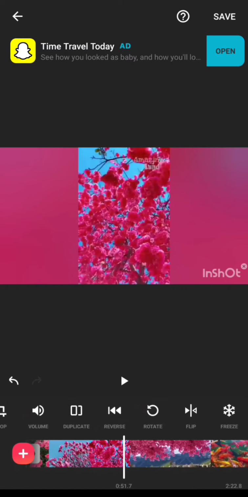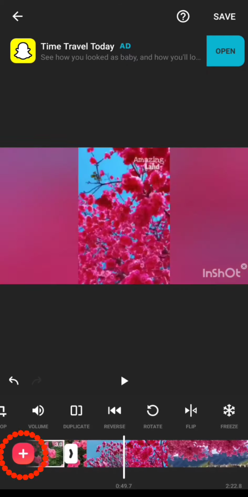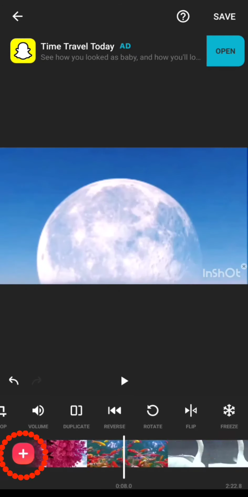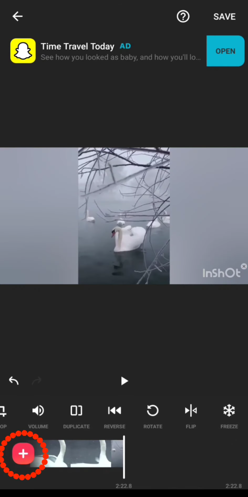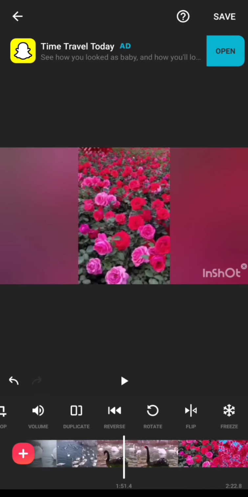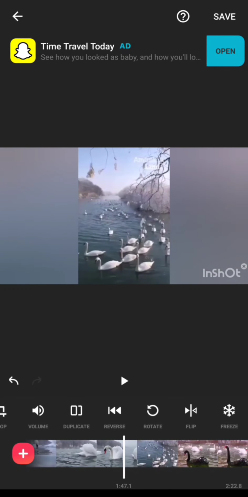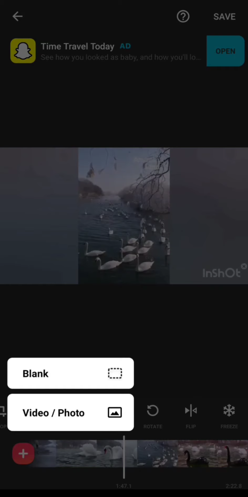One more major step I want to tell you is about the plus option. The plus option is provided after this video. If I want to add one more video, or between this one I want to include one more video, then I can provide over the undo button. Here blank is provided. If I am clicking upon blank, a blank page will be coming. If I want to write something over there, I can easily write.